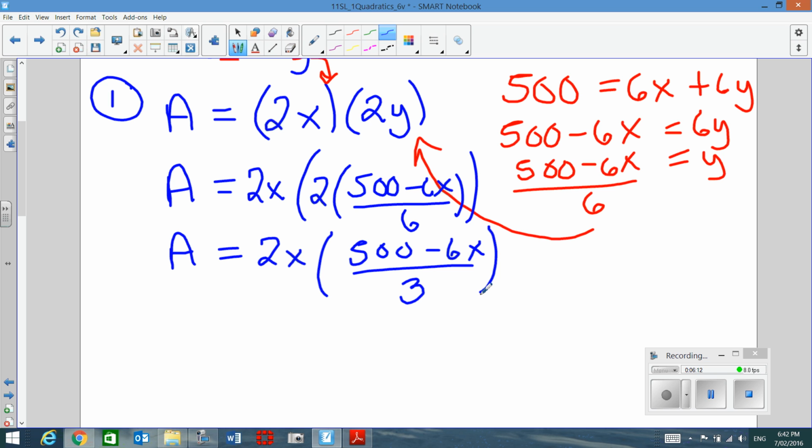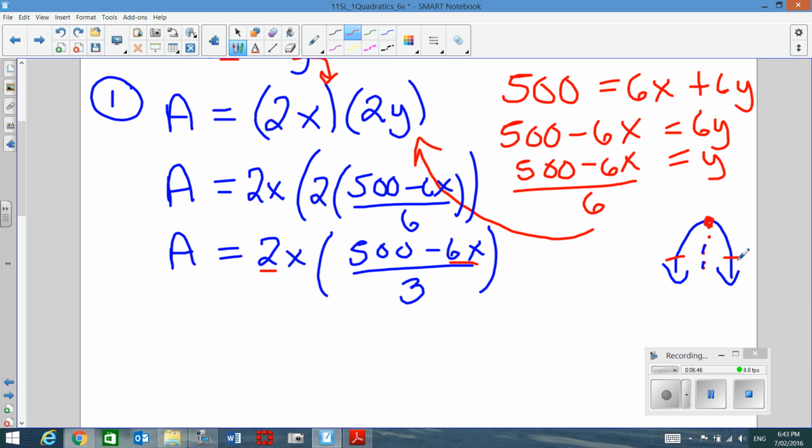All right? And I'm going to pause here just for a moment because I could continue to expand this. However, remember, if I do expand this, I should wind up with a negative quadratic. If you were looking at it in standard form, you'd see your a value is negative, and I can tell that already because here's the 2x and here's the negative 6x, so that'll make a negative 12x squared. But what I really want to be looking for is the maximum. So again, we're thinking about your vertex,